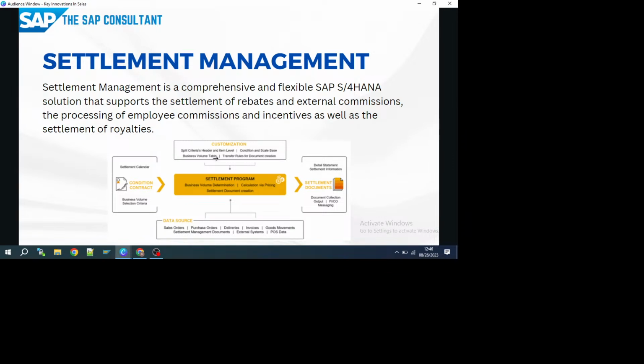So you have to have knowledge on these pointers, like I said: text determination procedure, partner determination procedure, revenue account determination procedure, and pricing is the hard topic here. So this will be hard for settlement management. You have n number of settings which you have to dig into, otherwise you won't be able to crack